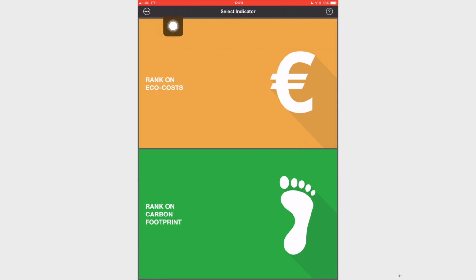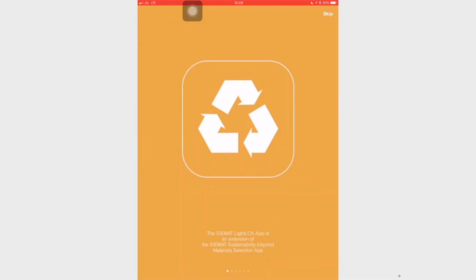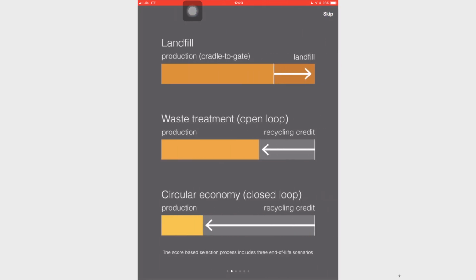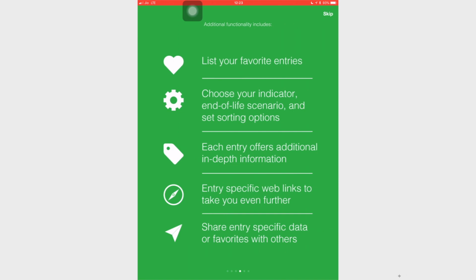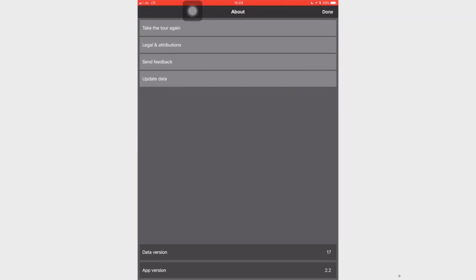I have my flow diagram available to me. Let us do an eco cost analysis, so I will do rank on eco cost. The scenario that I have selected for the given LCA analysis is landfill. So, the end of life scenario I will select as landfill.